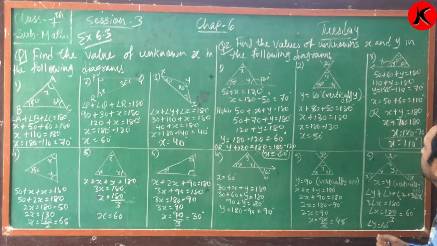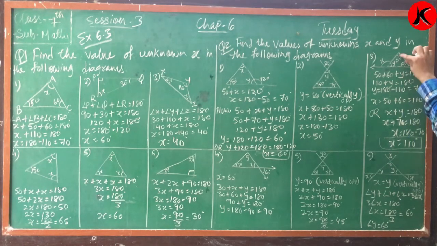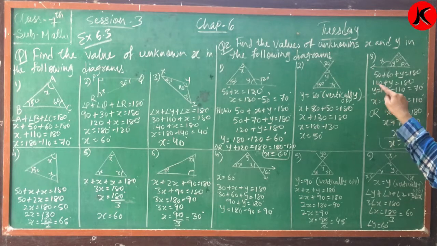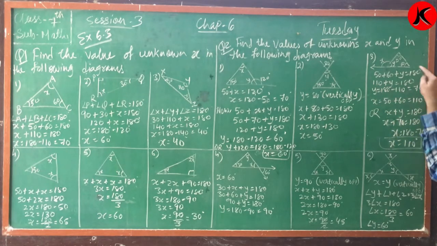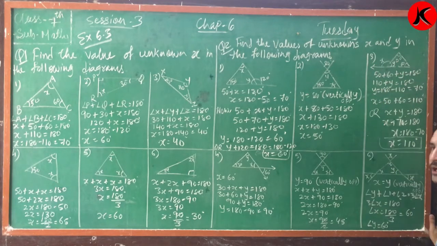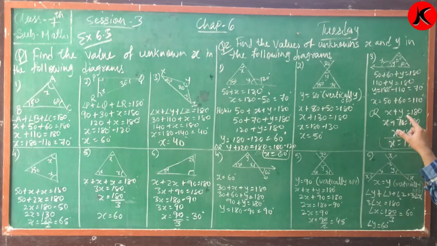Okay, I'll explain again, children. What I have done first, 50 plus 60 plus y, the whole triangle is 180 degrees. 50 plus 60 is 110. Straight line, 180 minus 110 is 70. Y की value will be 70. One of the methods I have done, x is equal to 50 plus 60, because exterior angle is equal to the sum of the two opposite interior angles. 50 plus 60 is 110. ये भी करो तो भी चलेगा. और x plus y which is 180, x की वैल्यू मुझे फाइंड करनी है. Y की value I have found out. Straight line, 180 minus 70 is 110.